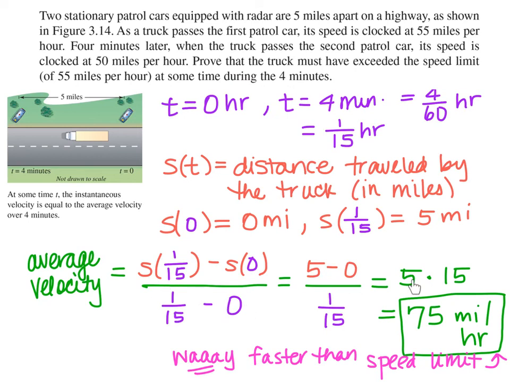So that gives me 5 times 15, and that's 75 miles an hour, the average velocity that this truck is going between these two patrol cars, which is way faster than the speed limit. So hopefully those cops can do some quick math and give this guy a